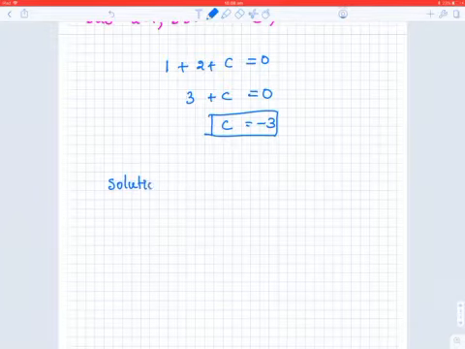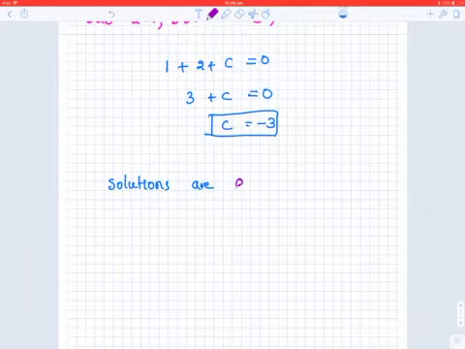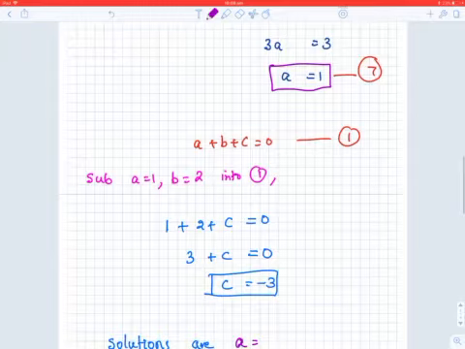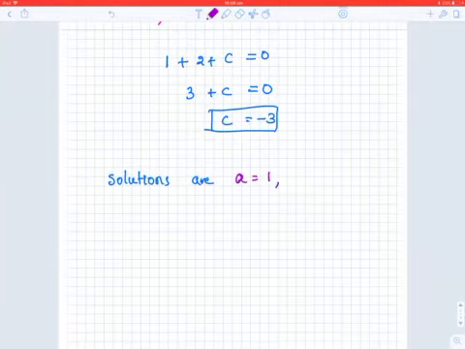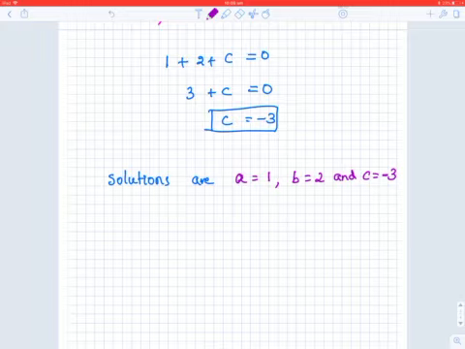Now we have all three values of the pronumerals. So the solutions are A equal to 1, B